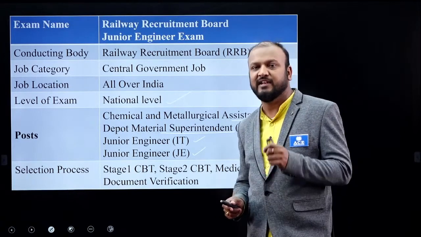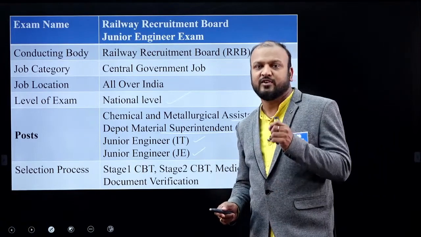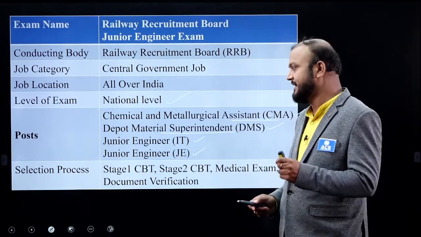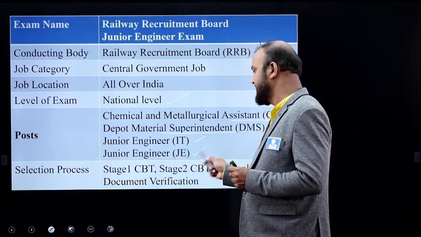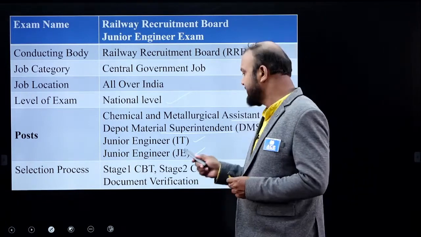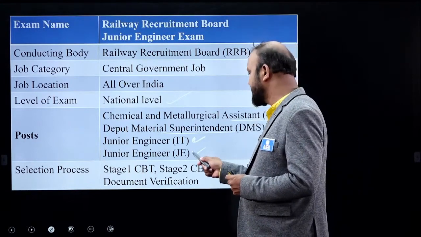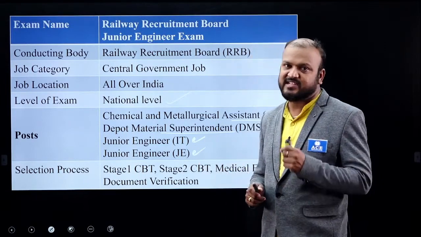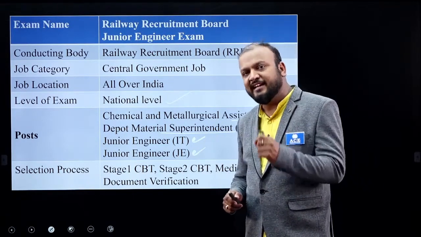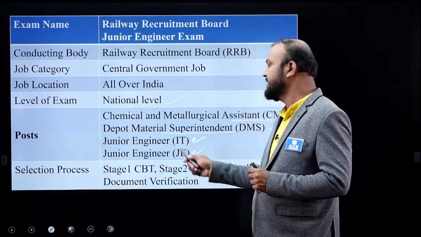Means computer science engineering will have a certain number of posts for JE. Similarly, ECE, meaning electronics and communications, electrical, and every stream of engineering candidates will have a separate JE exam. But when it comes to computer science and information technology people, we are eligible for these two posts: Junior Engineer IT and Junior Engineer stream specific. I'm using the word stream specific because even computer science engineering candidates also will have a separate post for Junior Engineers.